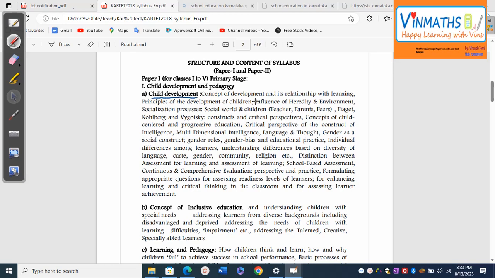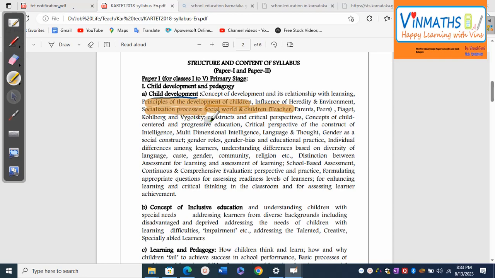In this chapter of child development, we have to go through the concept of development and its relationship with learning, principles of development of children, influence of heredity and environment, socialization process, social world and children, teacher, parent and peers,